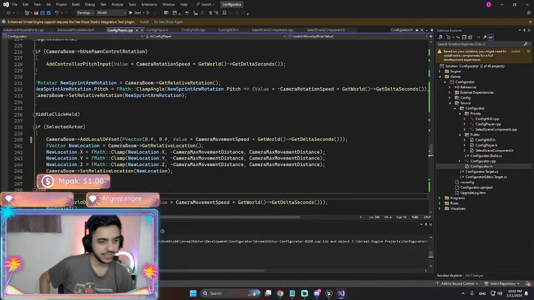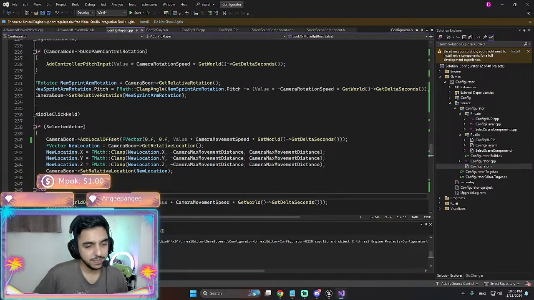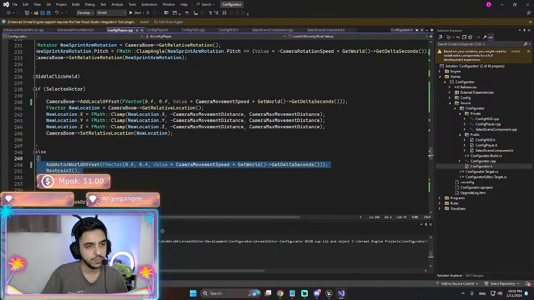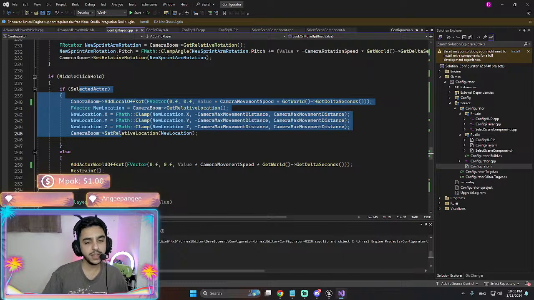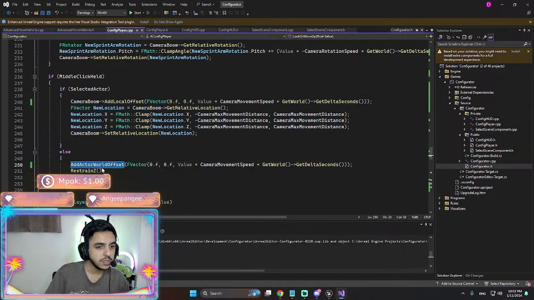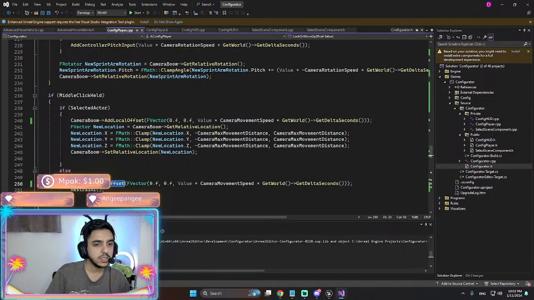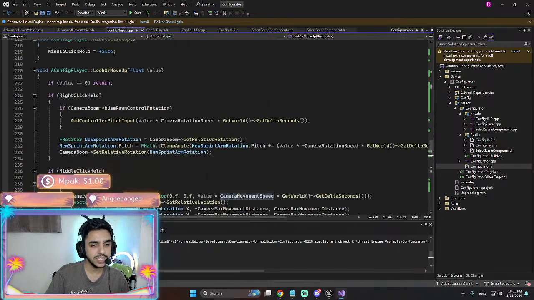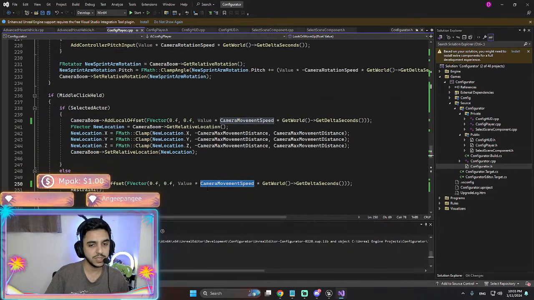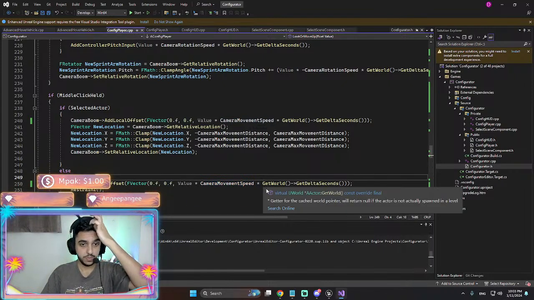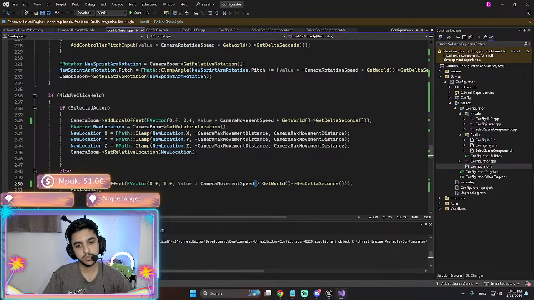But secondly, what I need to do is, if there is no actor selected, in the world offset I am only affecting the Z of it, and then camera movement here, it says camera movement speed multiplied by, yeah, I think this should be changed. Yeah, isn't it? Let's try.